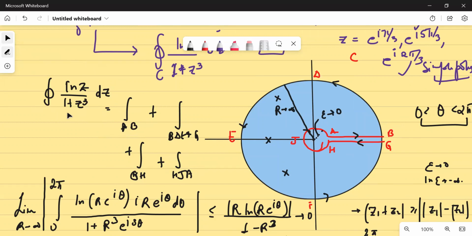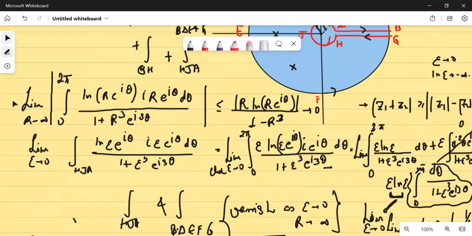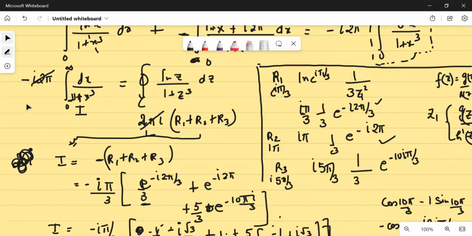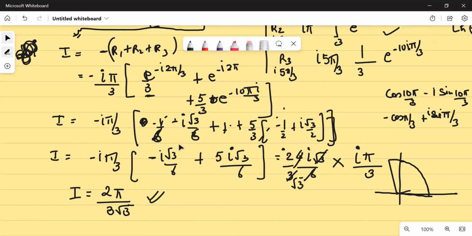And while I was evaluating this residue, it was fairly easy to see that I can find the residues about e to the power iota pi, e to the power iota 5 pi by 3, and e to the power iota pi by 3. And overall, I concluded the answer 2 pi upon 3 root 3, the same answer which I had found